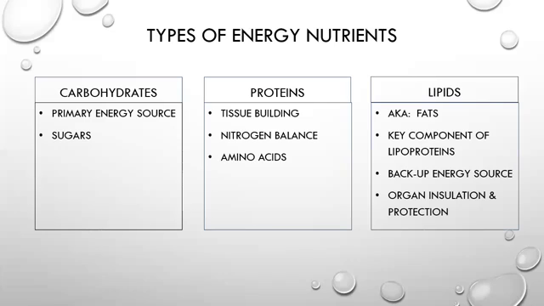And then there's incomplete protein. So these are foods like nuts and grains. So they have some protein in them, but they don't provide all of the essential amino acids. However, by combining two incomplete proteins, a complete protein may be made. And then all of those amino acids could be there, right?